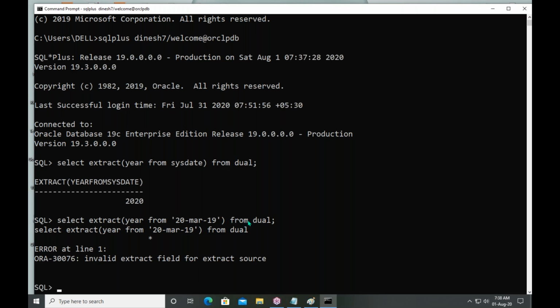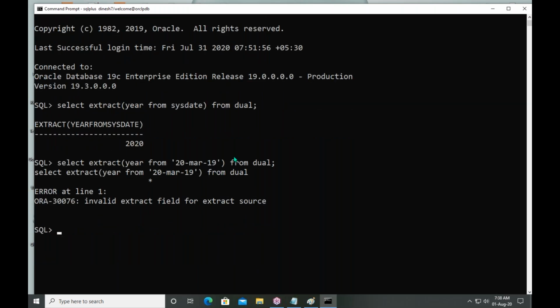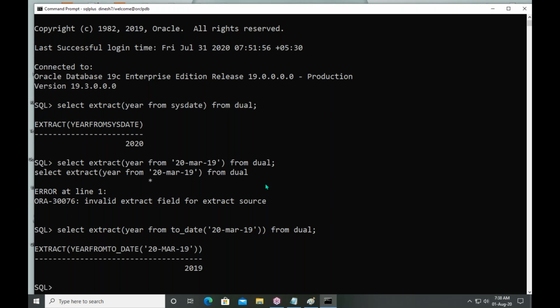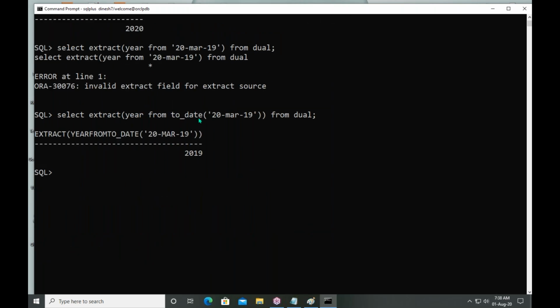Whenever it is giving error, we have to use one function, TO_DATE. You will get all these things in future. To date, and this is my date value. See, by default, your date year number is taken as 2019.